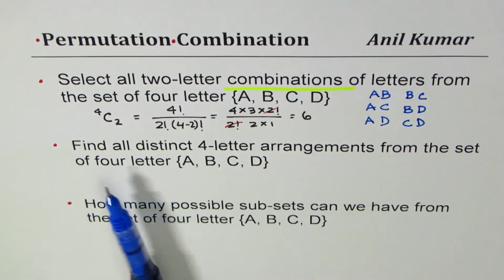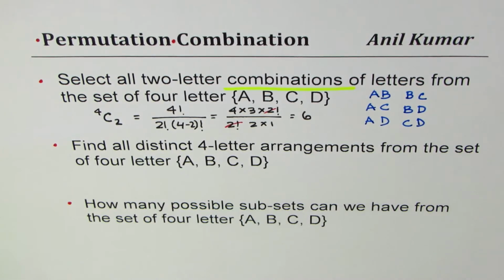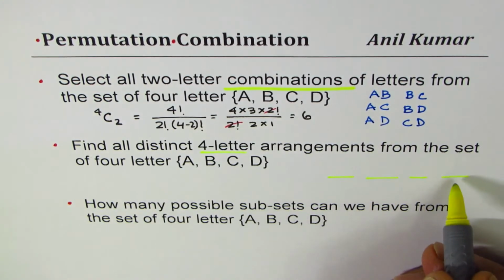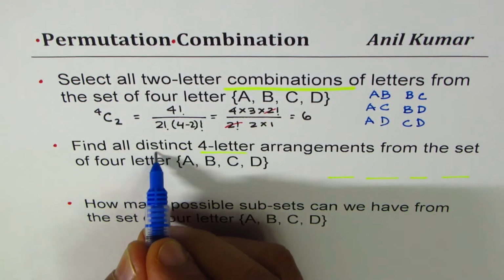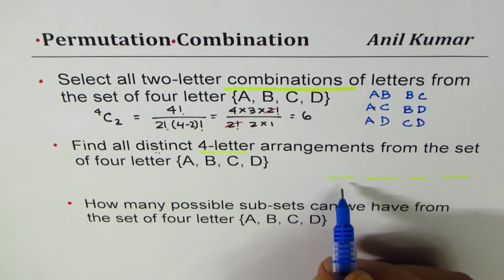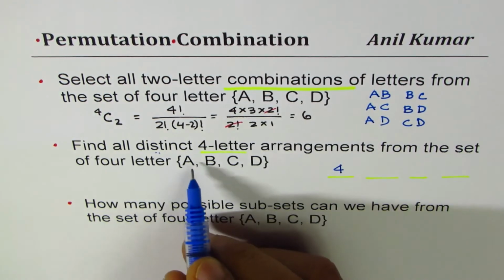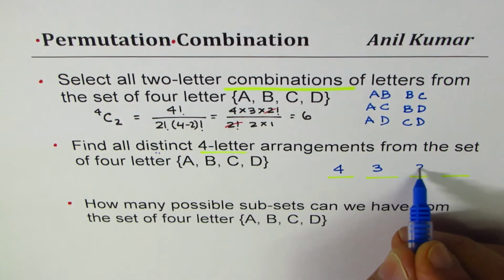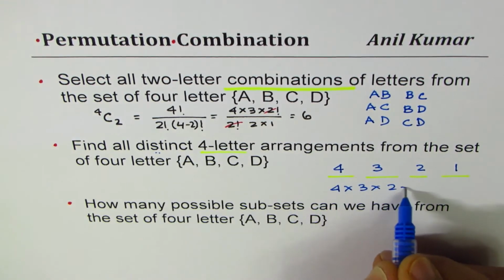Now let's look into the other one. It says find all distinct four-letter arrangements from the set of four letters A, B, C, D. Now when we say four-letter arrangements, that means we have 4 positions, 1, 2, 3, 4, which has to be filled by A, B, C and D, right? Distinct means order is important, right? So we have 4 letters here. The choices which we have to fill in the first position is 4. Either one of these 4 can get. Once we choose one, we cannot repeat it. We are left with 3, and we have option to use one of these 3, and then from 2, and then from 1. So in this case, the result which we get is 4 times 3 times 2 times 1,